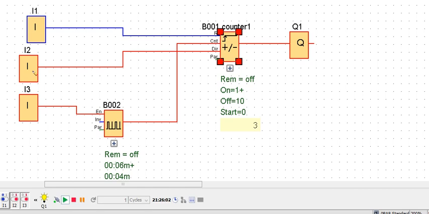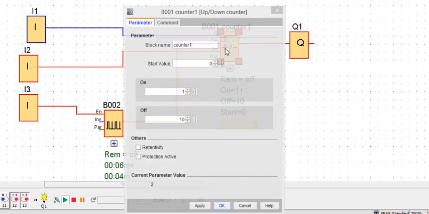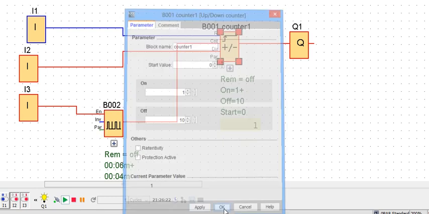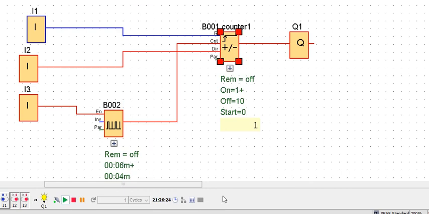As you can see 3, and when we receive the next pulse it will be 1, because as you can see in the program our value is 1, the minimum downwards value is 1, so after 1 the output will be off. As you can see 1, and when we receive 0 this will be off. So this is how you can